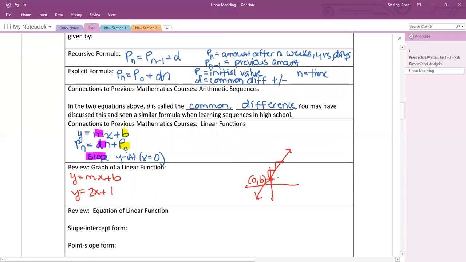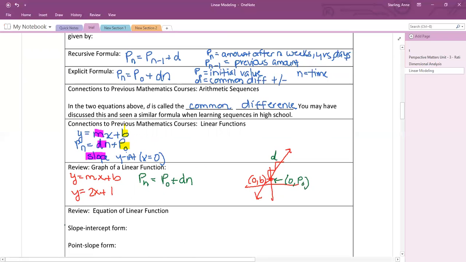for linear growth, just now this point is your initial value, and this up and over is now d, and it's now the function Pn equals Po plus Dn. But very, very similar, right? So D is still the increase or the slope. Po is that initial value that you would start with, and we would continue to graph it the same way